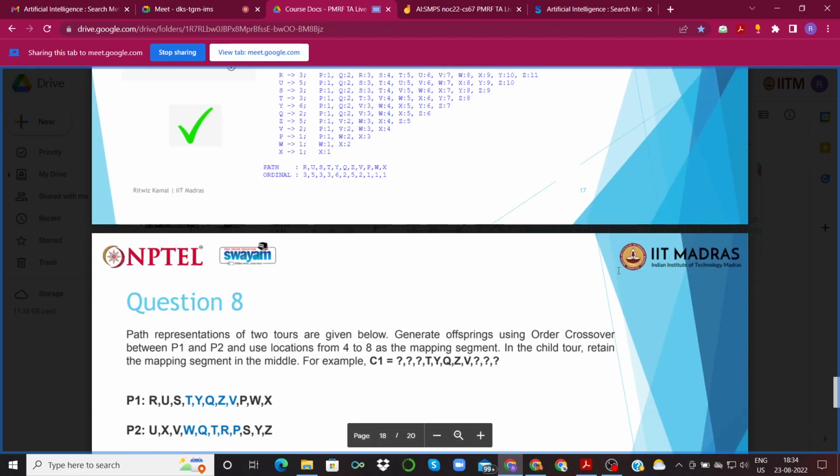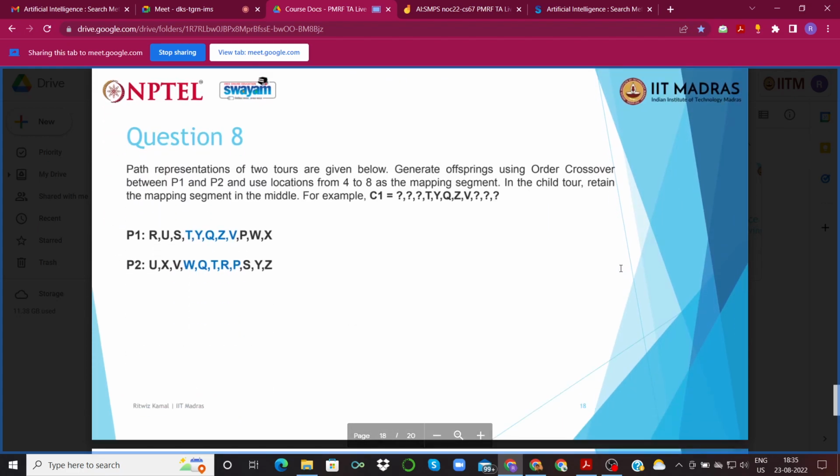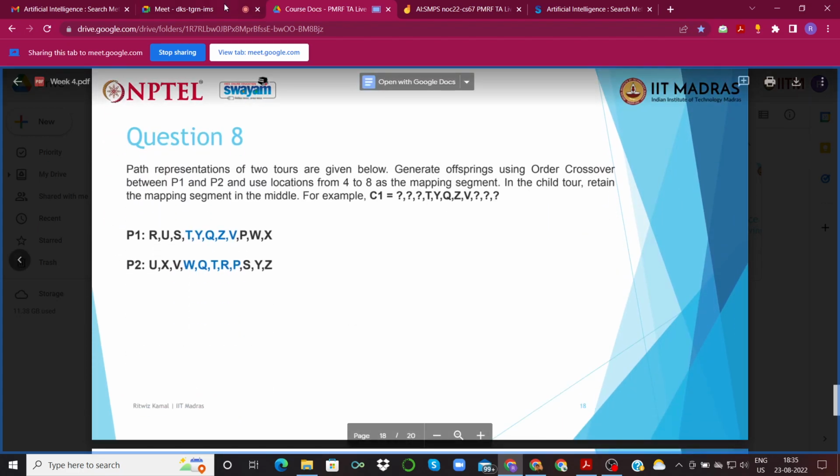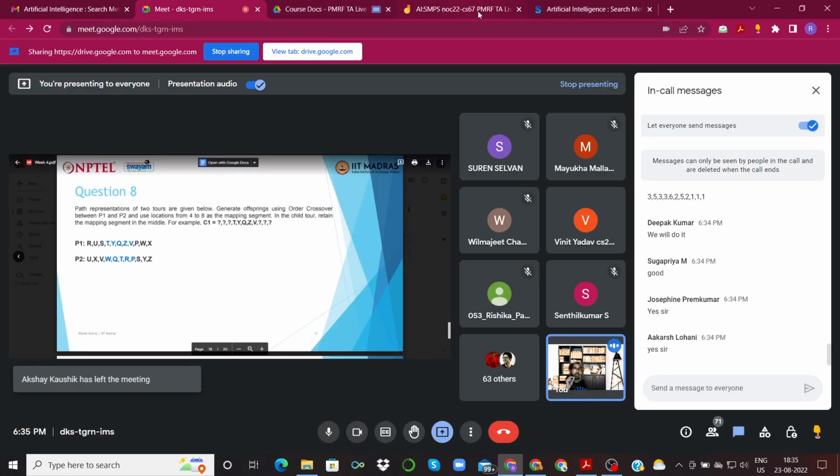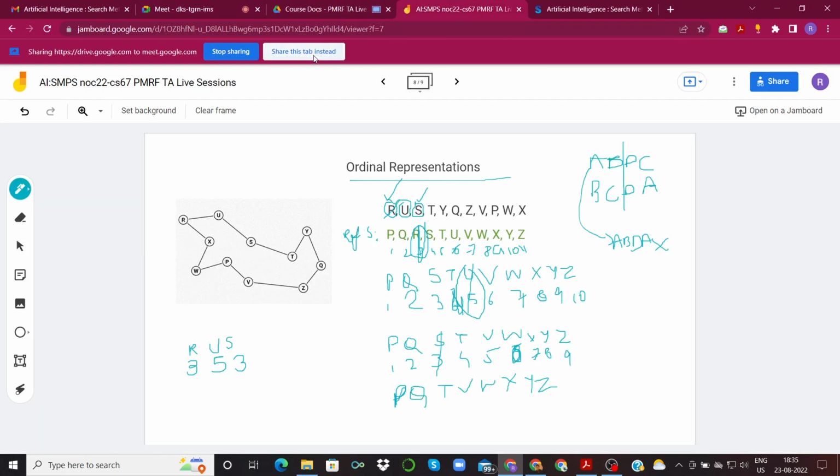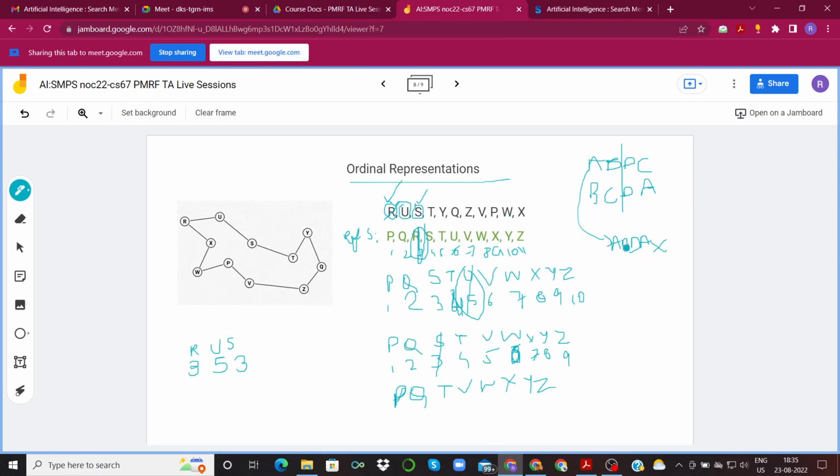Okay, so moving on to the 8th question. Just another quick question before that. We just discussed that we can use single point crossover with ordinal representations, but we cannot do that for path representations. So what are some other crossovers that we could use with path representations? Can you suggest something?